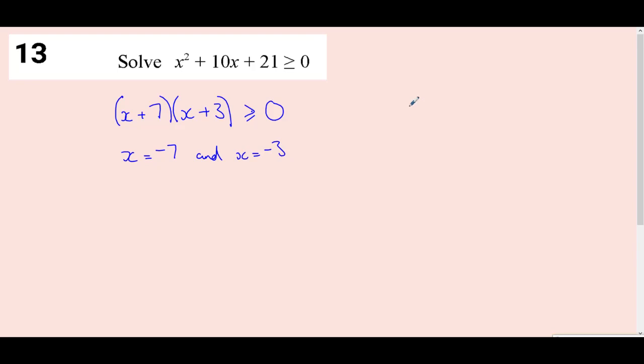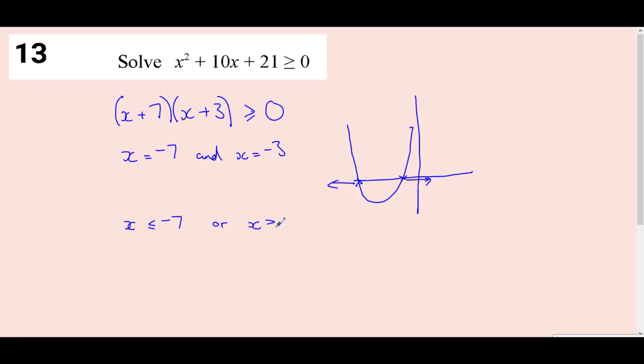Sketching out the graph, there's one possible solution. So we've got a point at -7, point at -3. The graph will sketch like that because it's a positive coefficient of x squared. It's just 1x squared. We want it greater than 0, so we need the bits over here and over here because that's where it is greater than 0. So our solution is that x is less than or equal to -7, or that x is greater than or